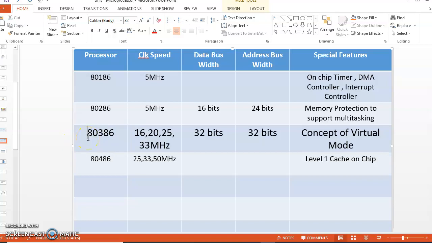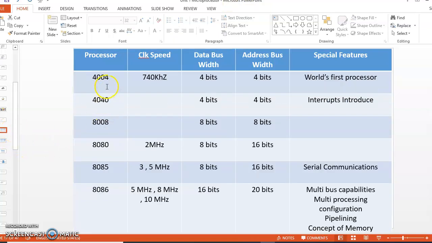So these are the important points of the evolution of processors, how it has been taking place, in the case of 80386. Initially it was the 4004, a 4-bit processor, then 8008. In this way there is a